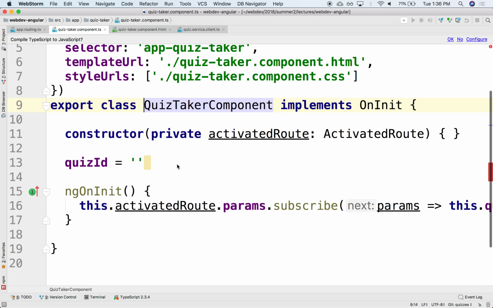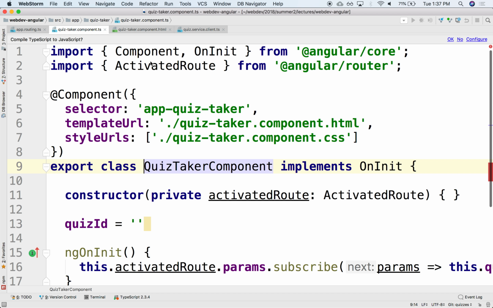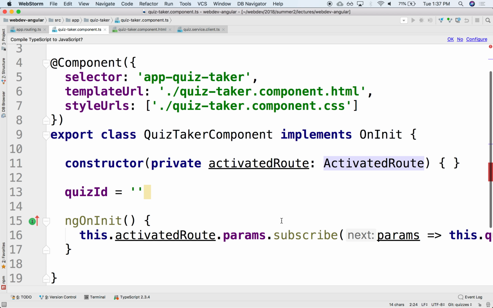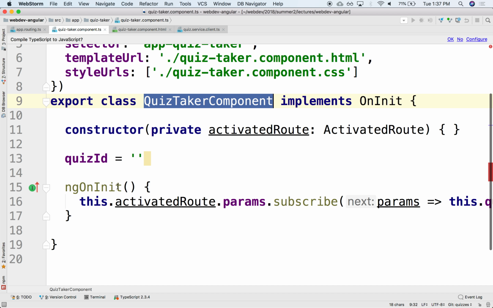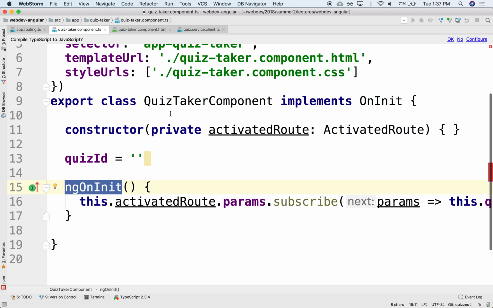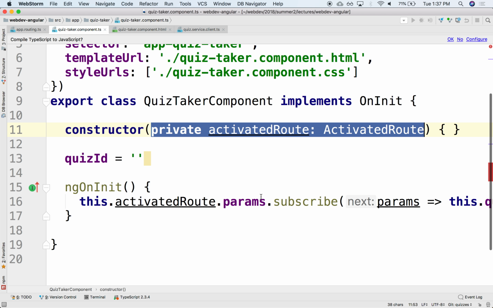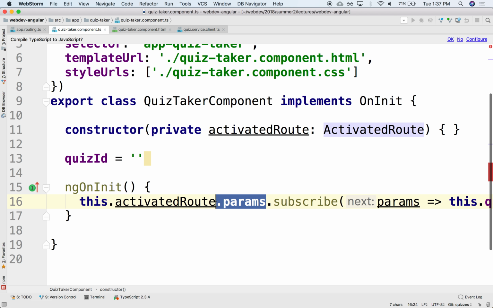So we had introduced yesterday the capability of parsing the path parameter from the URL, right? And to do that, we introduced activated route. Activated route allowed us to register a listener, right, so that we can be notified whenever the URL changed, whenever the route changed. And this is what we did here in the component in the ngOnInit. When the component is loaded, the first thing that we do is use the activated route service here that we are injecting, right, so that we can subscribe to one of its